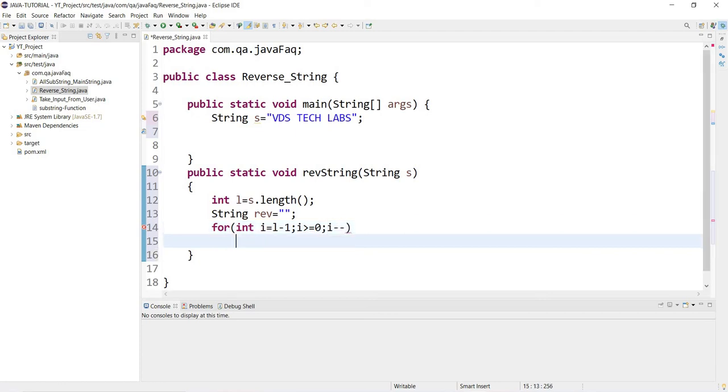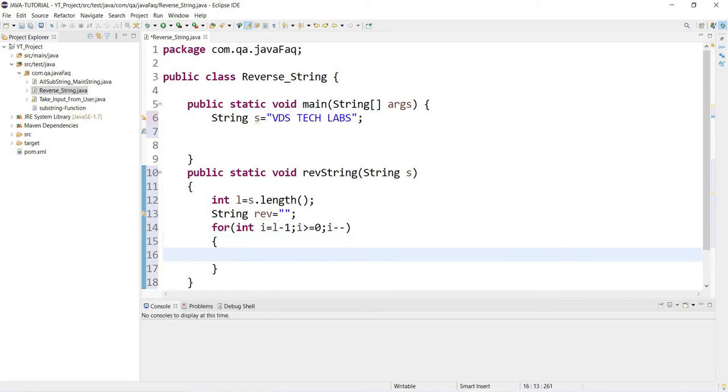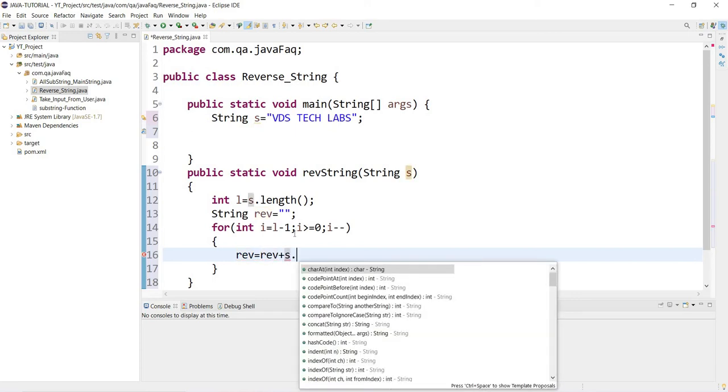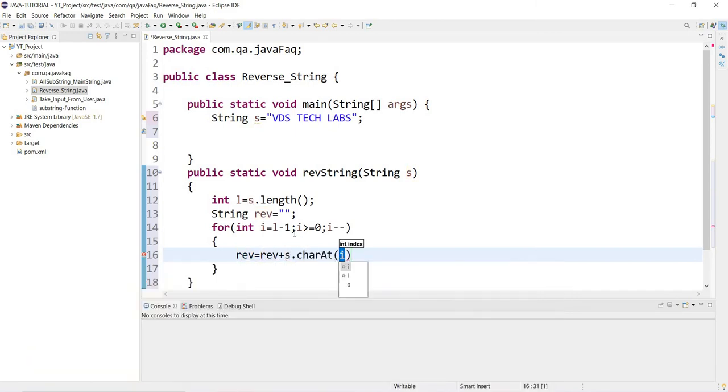Now the reverse variable will come into the picture. We'll add whatever is in s.charAt(i). That's why I have created the empty variable; it will add to this string variable.